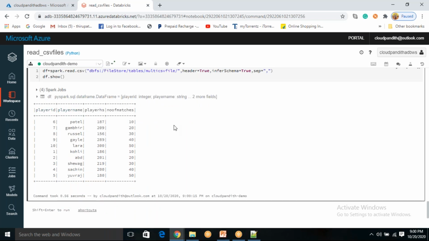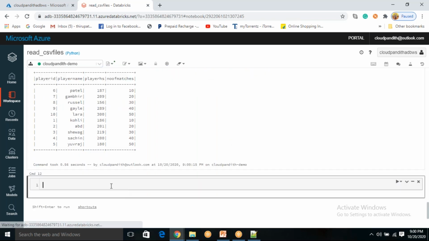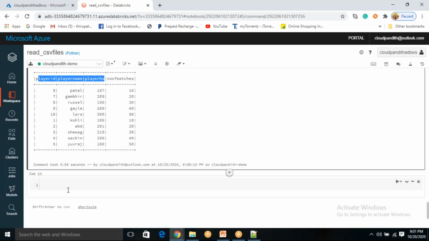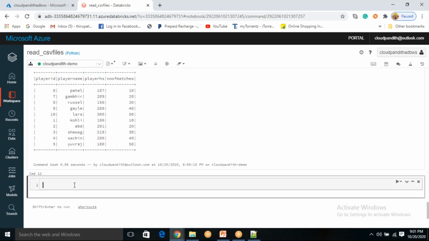Now we will try to understand another syntax, which we will discuss tomorrow because we don't have much time. So at least we will try to understand how you can read the data by using a user defined schema. For that, first you need to understand there are 4 columns, so you know the data type of each column. Now we have to tell it explicitly here.